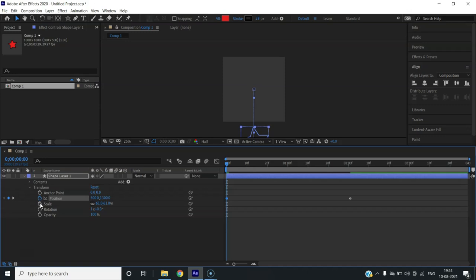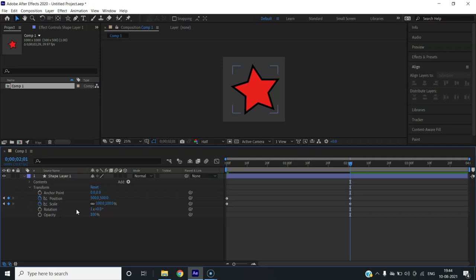I want the scale also to increase. So I'll give it here and go to around 2 seconds and make it 100. I want this star to rotate also. So I'll make it 1 here